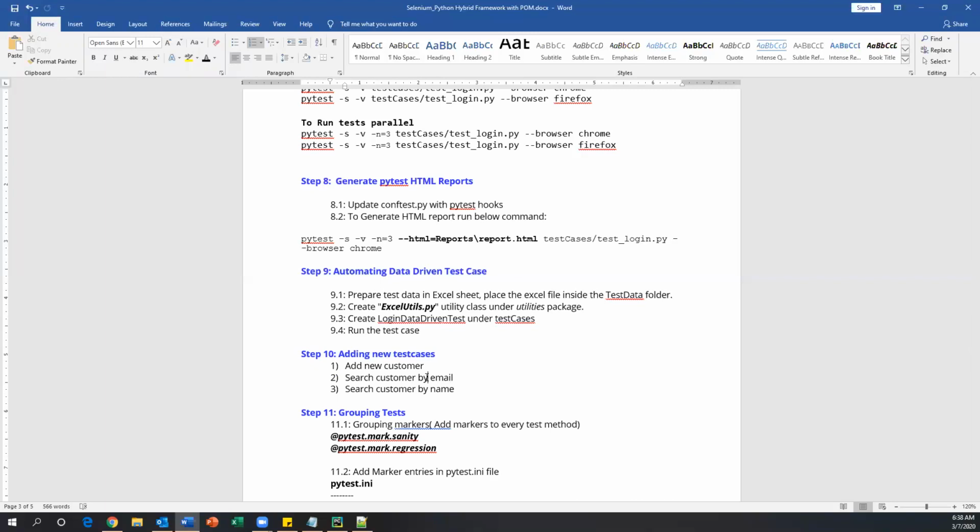And also you will have some documentation on the framework. So they will provide you some documentation, which contains all the pictures, flows, files, everything. So by reading the document, you can easily understand the existing framework.